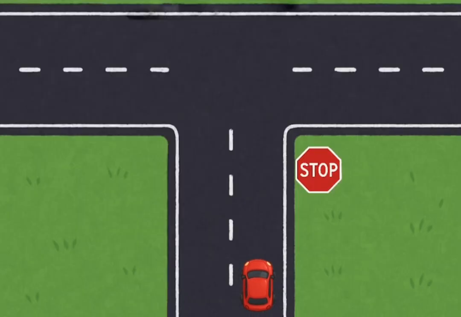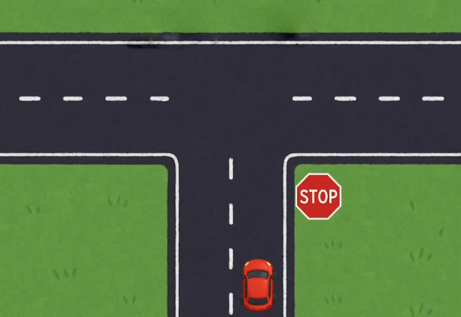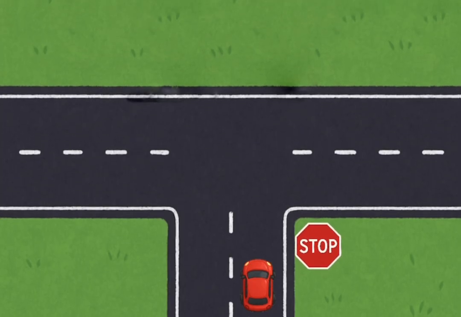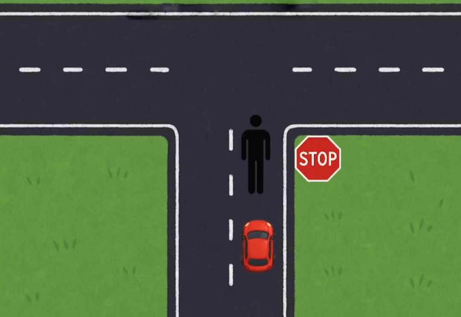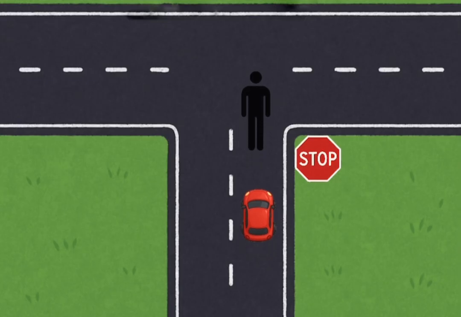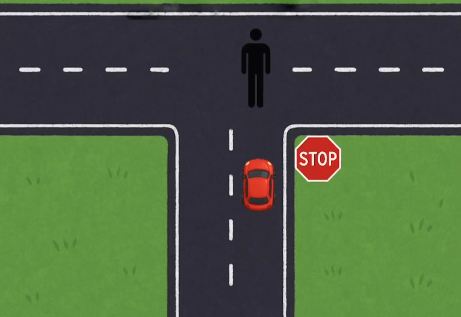To simplify the situation, say that the car was moving towards the stop sign at a constant speed. The car would view the stop sign as moving at the same speed, but the opposite direction. According to Galilean relativity, if we knew the speed of the car relative to the stop sign and someone was running away from the car, we would subtract the velocity of the car from the velocity of the person relative to the ground to find the velocity of the person relative to the car. If the person was running towards the car, we would add them.